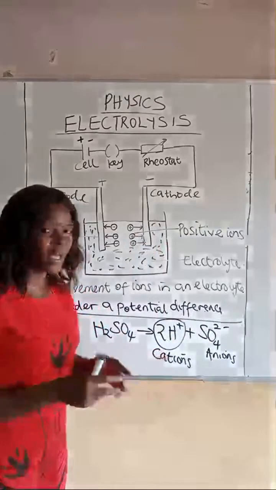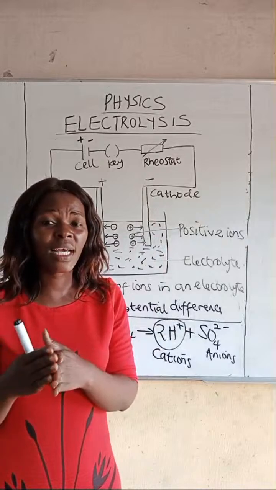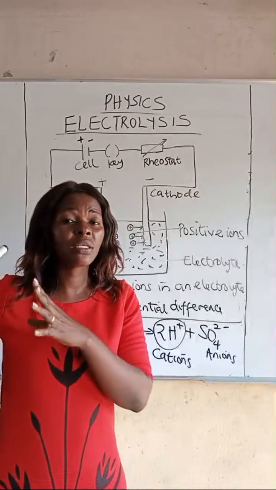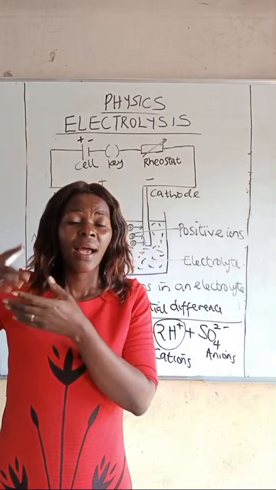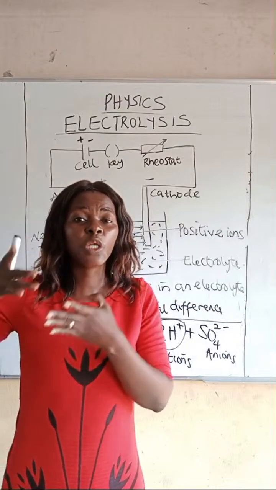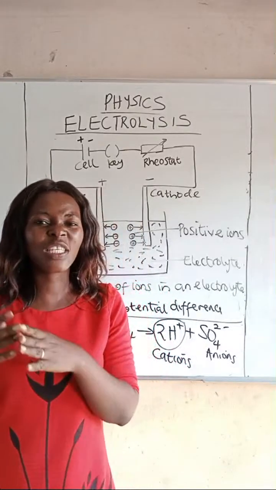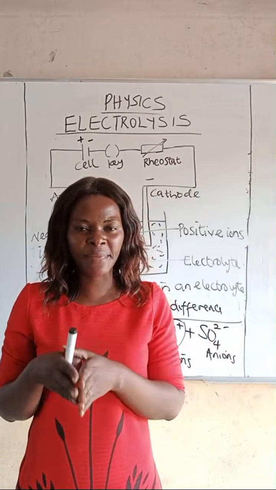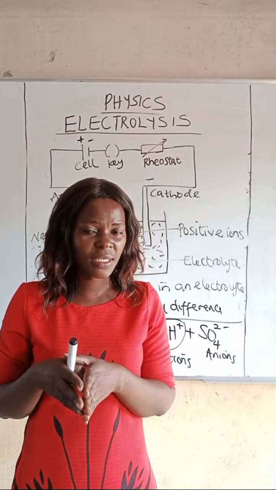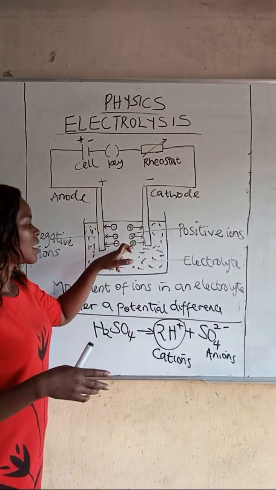Now we have cations or ions, and based on preferential discharge in the electrochemical series, and also based on the position of the ions in the electrochemical series, we are going to know the ions that will truly be discharged at the cathode and the one that will remain. I'm saying that once they get to the cathode.